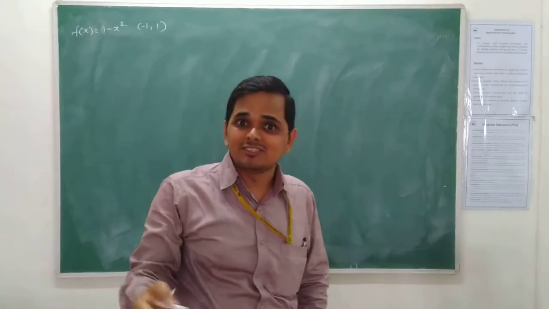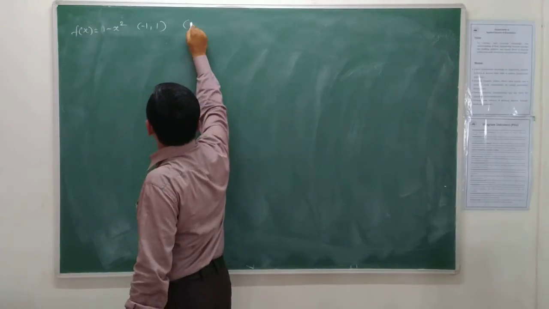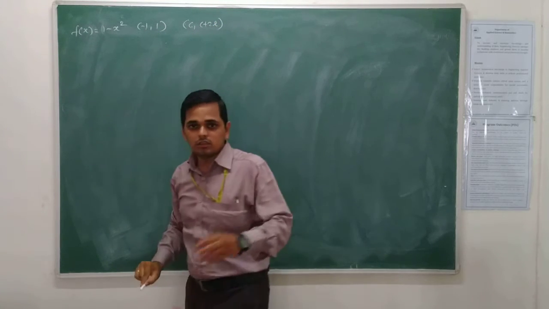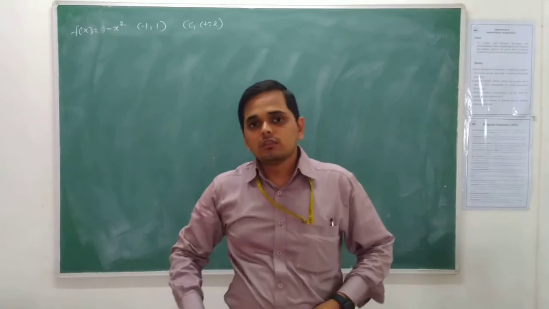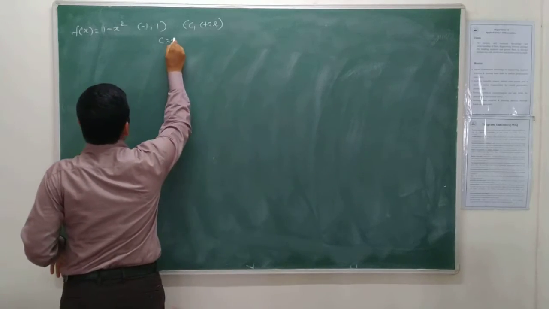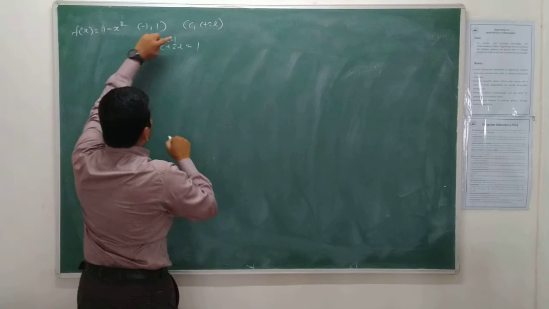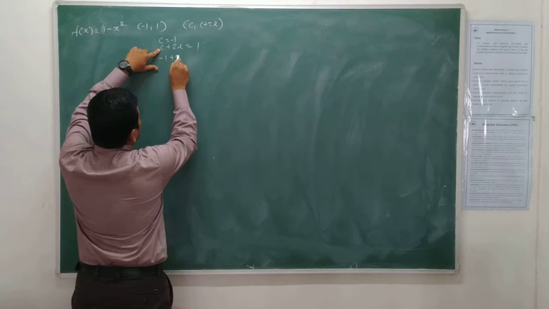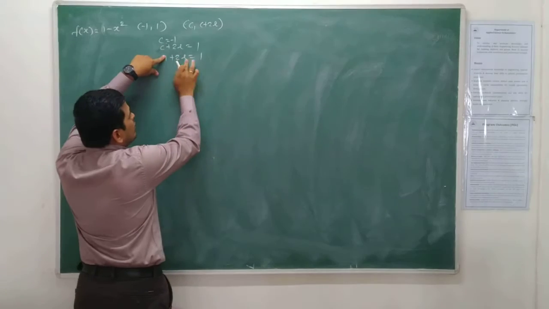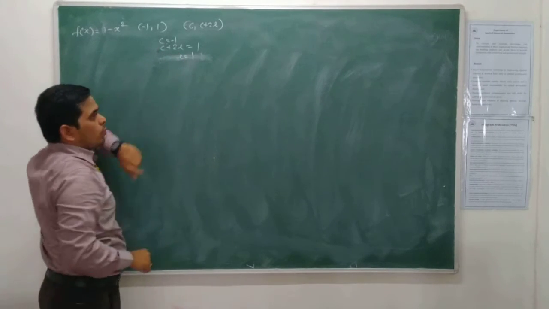Now in the previous, c is 0, here c is not 0. I hope you are aware of the interval c comma c plus 2L. Here c is minus 1. In the previous it is 0. Now the question comes, what is L here? If c is minus 1, c plus 2L is equal to plus 1. If I substitute minus 1 here, minus 1 plus 2L is equal to 1. Minus 1 going that side, it becomes 2. 2L is equal to 2. Hence, L has to be 1.